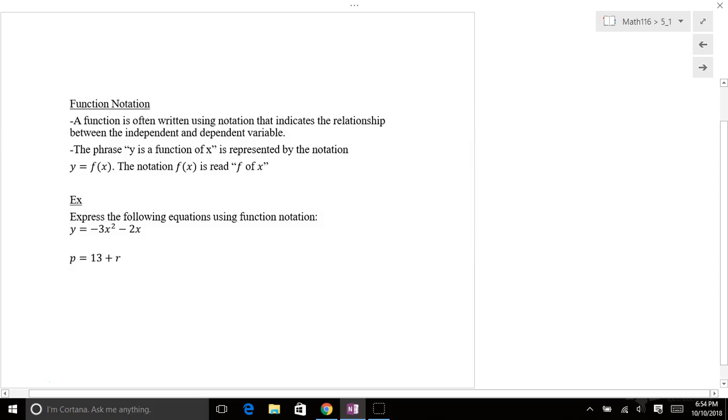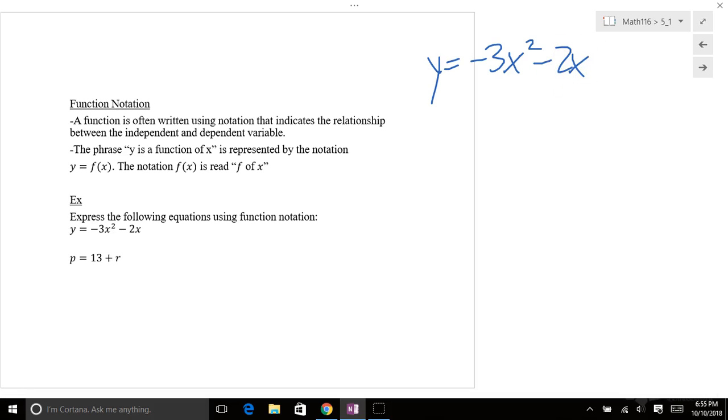So function notation. When you have function notation like this, y equals negative 3x squared minus 2x, f of x is simply a nickname, I should say, for y. First of all, it should be known that this is a nickname. But what this is saying